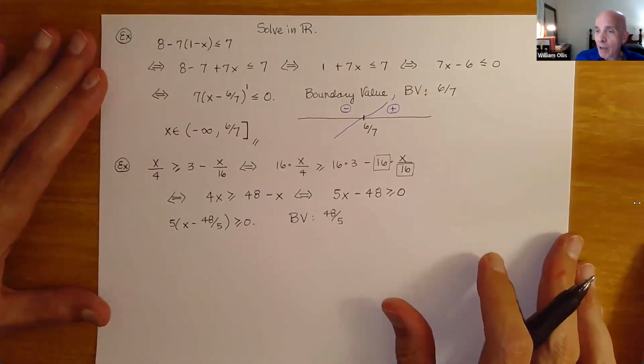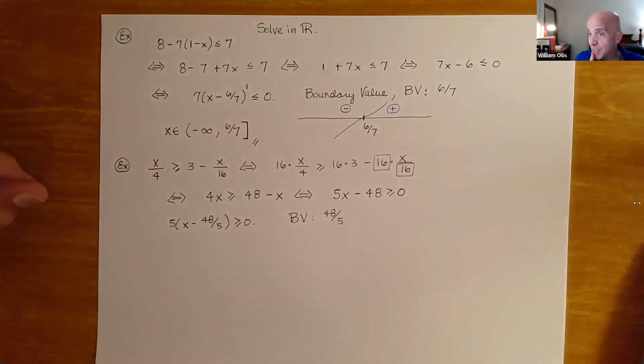But we're going to have real numbers for which the expression is undefined. So you might be thinking, why do we care about these? Why do we call them boundary values? Because these are potential real numbers for which the expression can change sign. Like I said before, that will not always happen, but we need to check that. We need to check for the change in sign, because that will determine how we create our solution interval, if